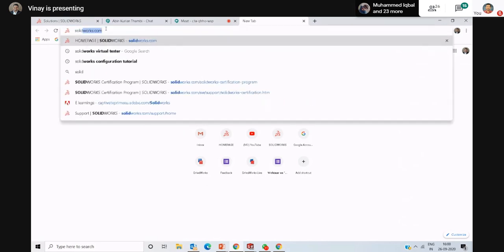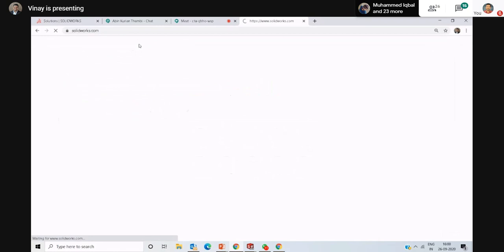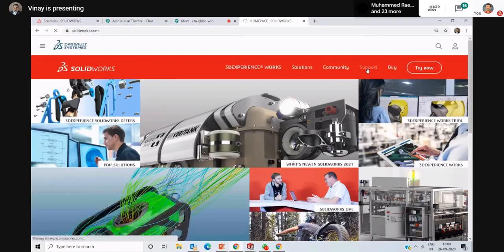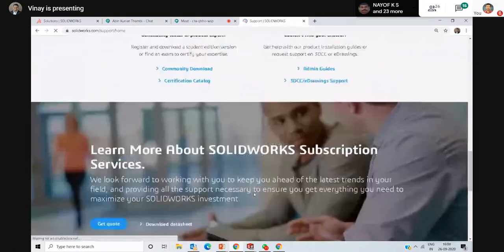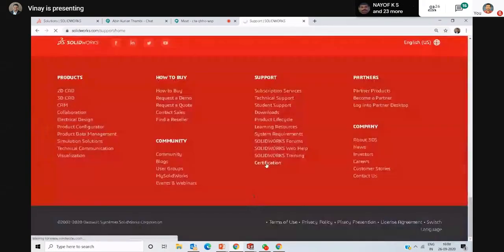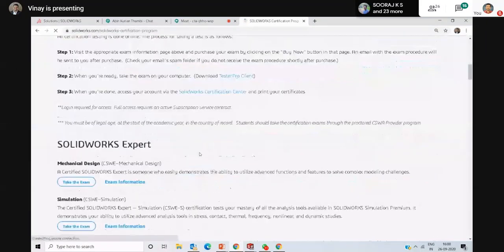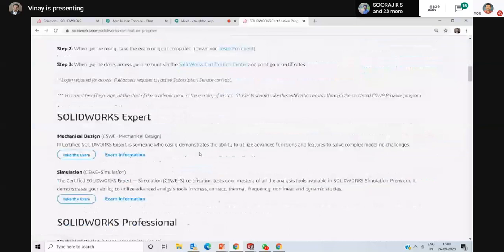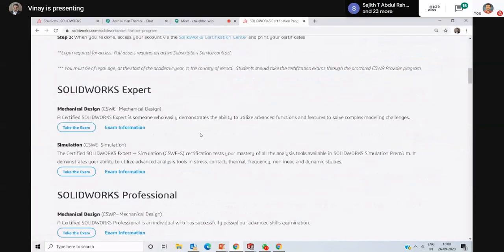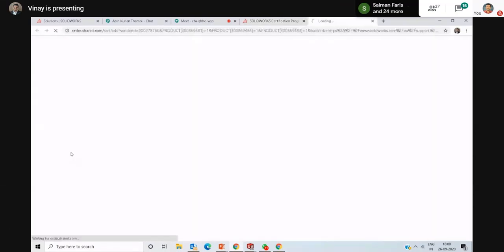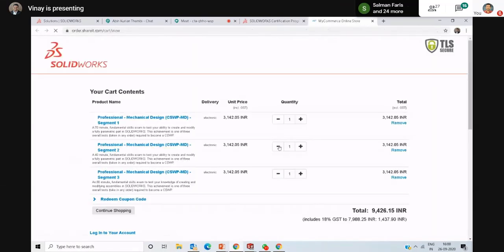Go to the SolidWorks home page. On the SolidWorks home page, you can select Support. At the bottom of the support page, you have Certifications. You can click on Certifications, and this is the certification conducted by SolidWorks, the SolidWorks Professional Mechanical Design. If you click here to take the exam, it will be